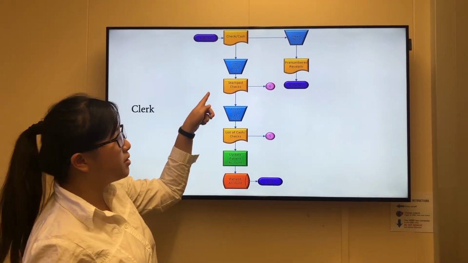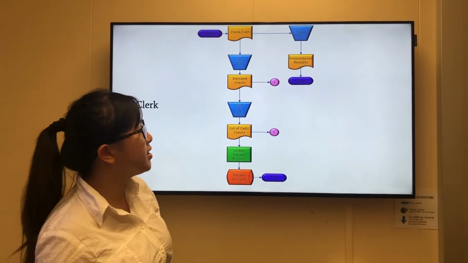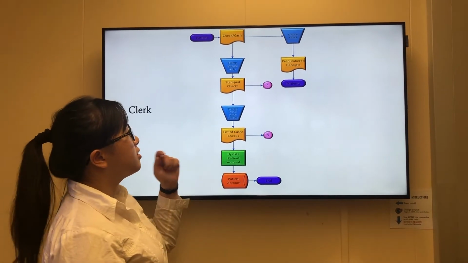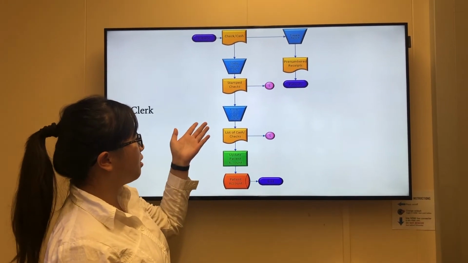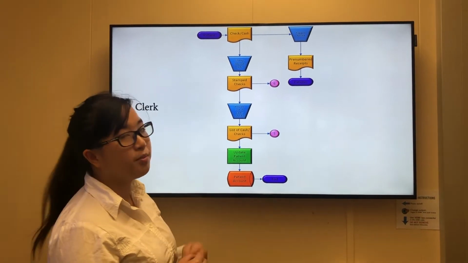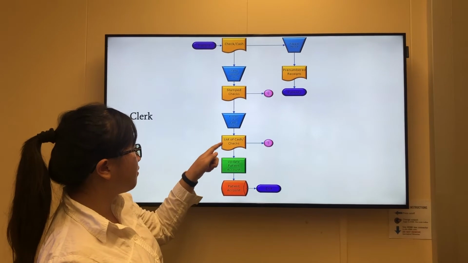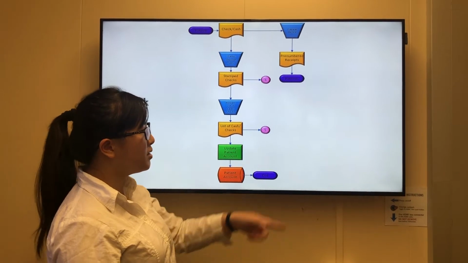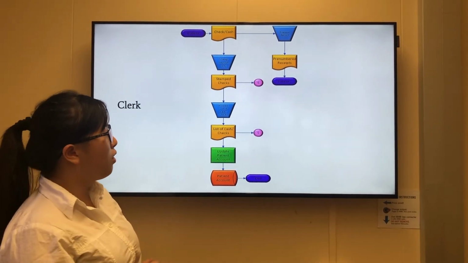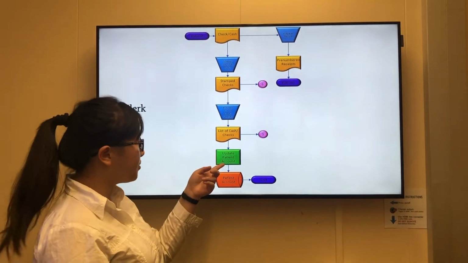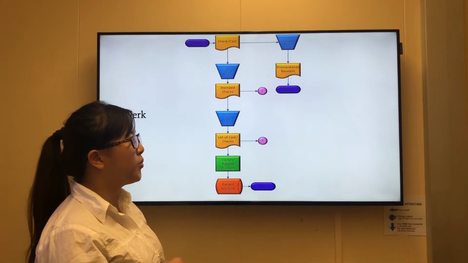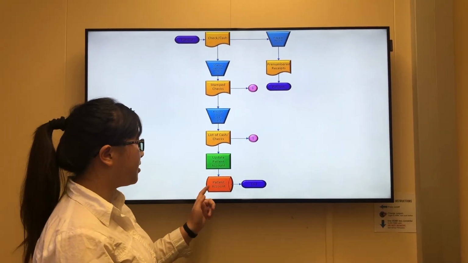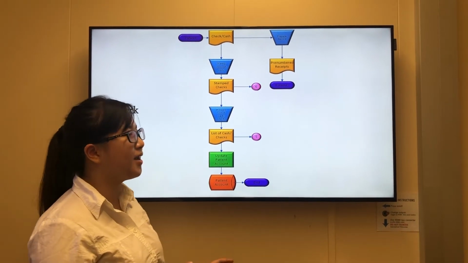And then the stamped checks document will be passed to the office manager to take it to deposit it to the bank. The clerks will also prepare the list of checks and cash manually, and the list of cash and checks document will be passed to the local accountant. Also, the clerks will update the patient account using the computer process. And finally, the clerk will save it in the patient account database, and then that will be the end of